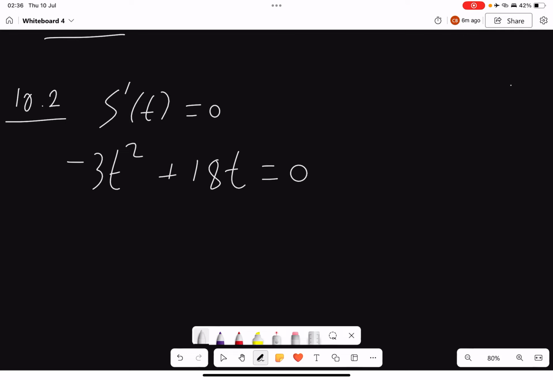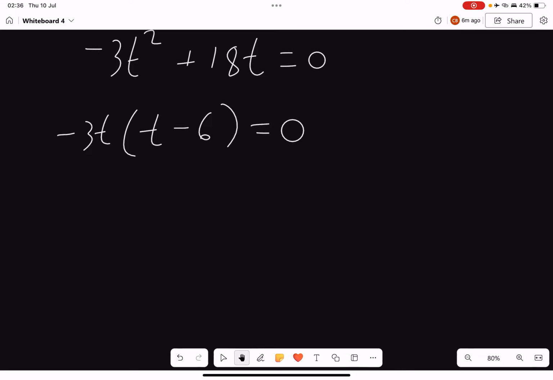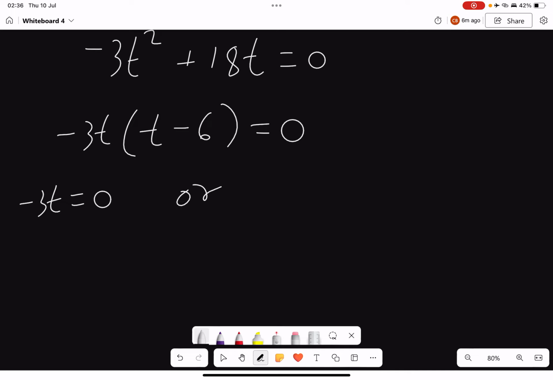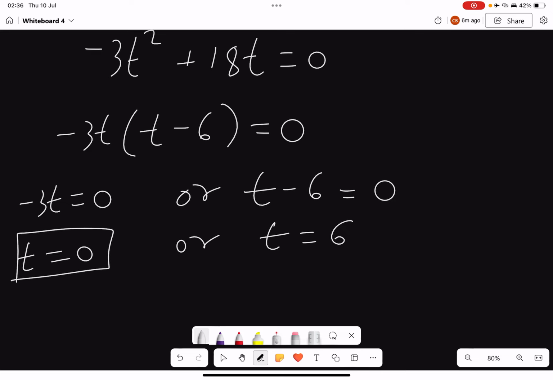Okay? And then we factor out minus 3t, which leaves us with t minus 6 equals 0. Using the zero product principle, minus 3t equals 0, or t minus 6 equals 0. So t equals 0, or t equals 6. And we can see that t = 0 is when he starts moving; obviously he was stationary. So we take t equals 6 hours, which means this guy is going to